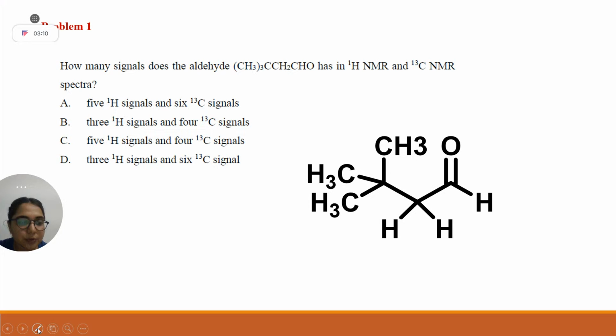So who is going to answer this question, as we have already solved it also? So one is this proton, second is this proton and third is this aldehydic proton, right? For finding the number of signals, we should know how many different types of protons are there in your compound. And if we talk about 13C, one is this carbonyl carbon, another is this CH2 carbon, this is your quaternary carbon, and this is your terminal methyl. So 4 13C and 3 1H signals are there. Yes or no? Yes, ma'am. Understood? Good.